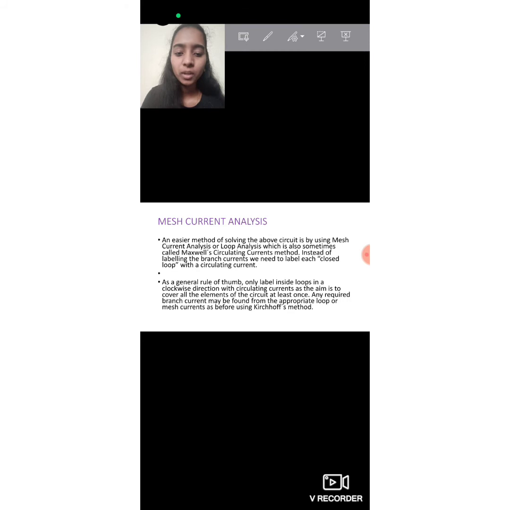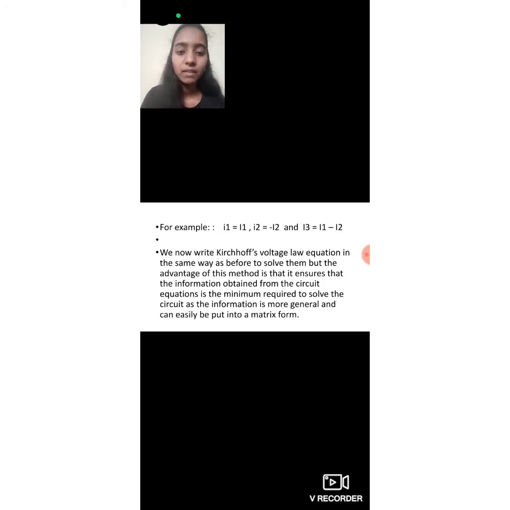As a general rule of thumb, only label each loop in a clockwise direction with a circulating current, as the aim is to cover all the elements of a circuit at least once. Any required branch current may be found from the appropriate loop or mesh current as before using Kirchhoff's method. For example, I1 is equal to I1, I2 is equal to minus I2, and I3 is equal to I1 minus